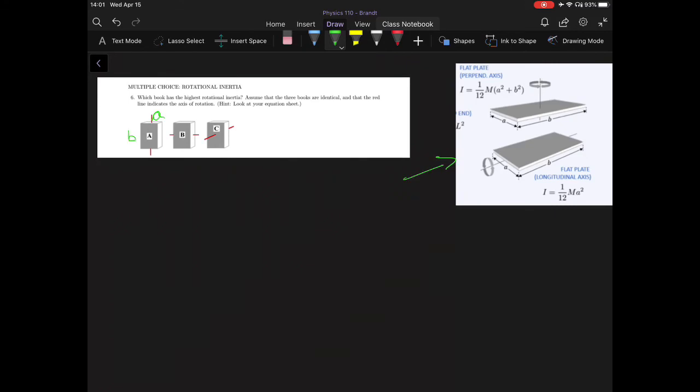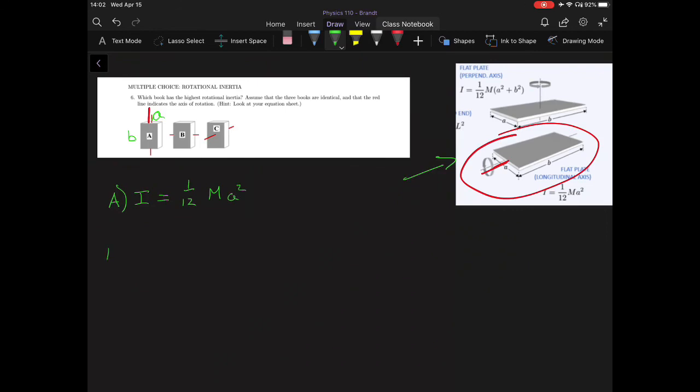This side is going to be B, just so that it matches up over here, and we're going to compare A, B, and C. So if we look at book A, we know that I is going to resemble which of these? Well, it looks much closer to this bottom one than the top one, because we're spinning it around one of those longitudinal axes. So in this case, we have 1/12 M, and the axis is going through the long side of the book, here. So that would be A